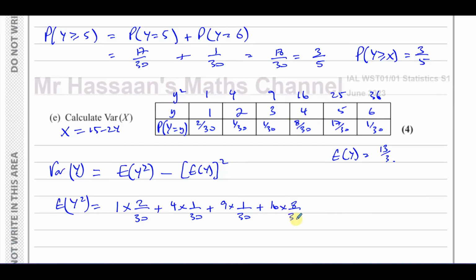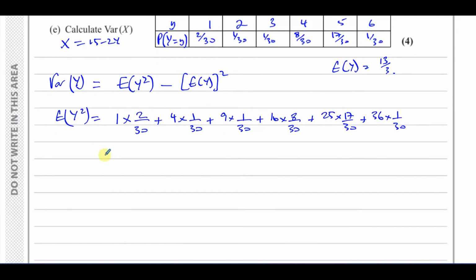Times 8 over 30 plus 25 times 17 over 30 plus 36 times 1 over 30. Okay, so we're going to work out what these are. That's 2 over 30 plus 4 over 30 plus 9 over 30 plus 16 times 8, that's 80 plus 48, that's 128 over 30